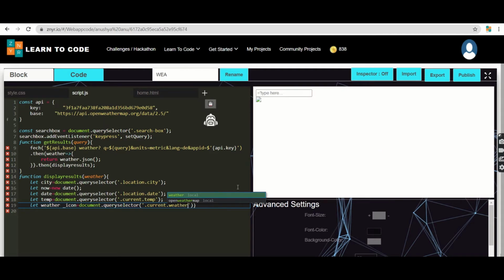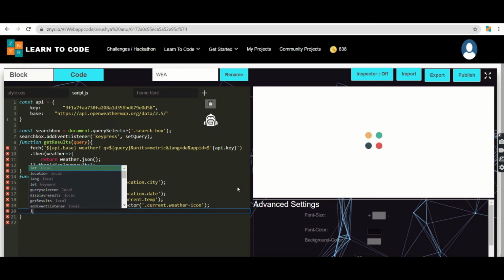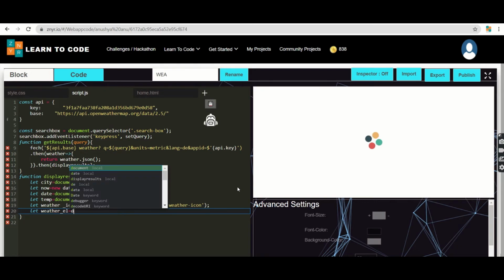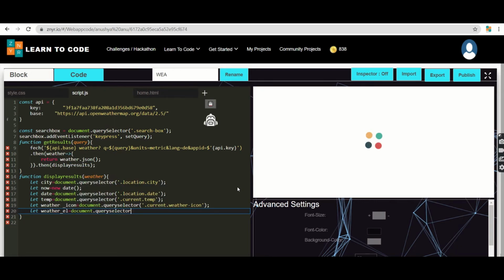Maybe it should display my weather icon. So I'm just closing this statement. So next I'm going to make my weather_el. This element is where it should show the query selector of current and their respective weather. So I'm just making let weather_el, which is equivalent to document.querySelector,